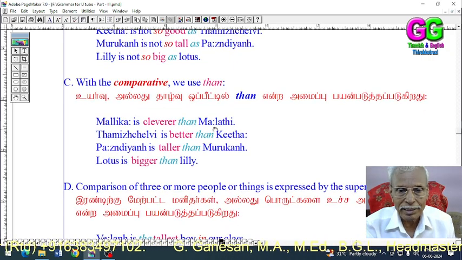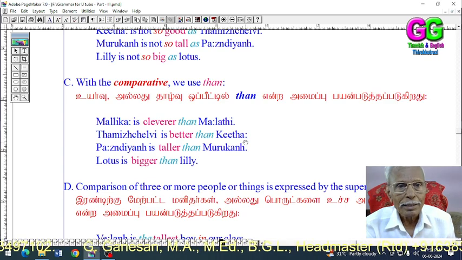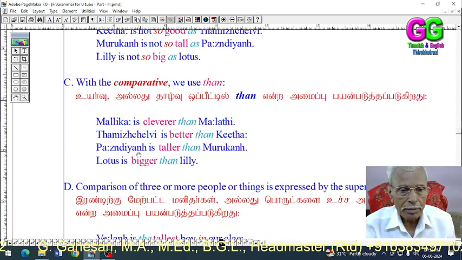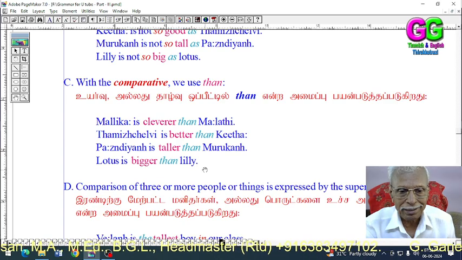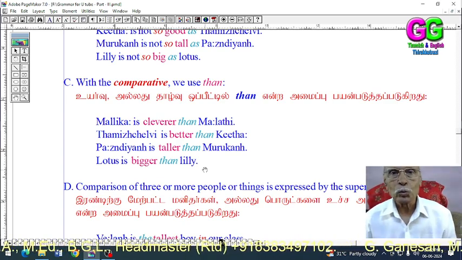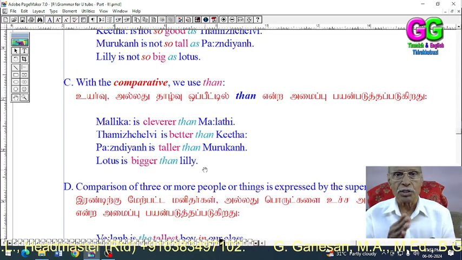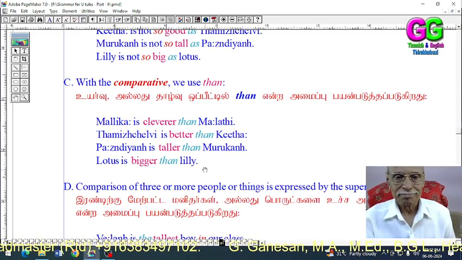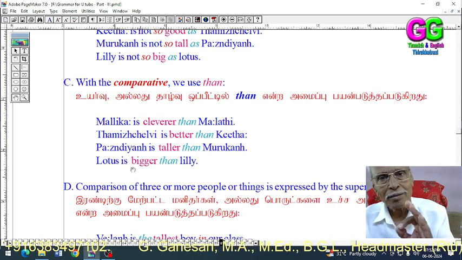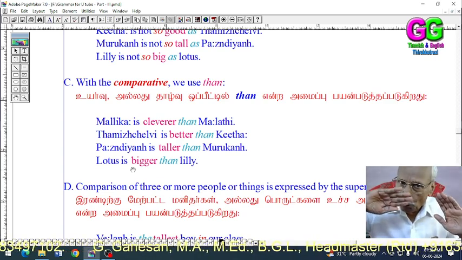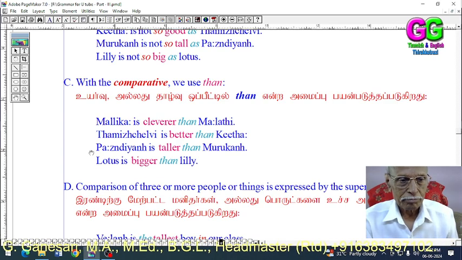Mallika is cleverer than Malati. Tamichelvi is better than Hida. Pandian is taller than Murugan. Lotus is bigger than Lily. So, in comparative degree, the scale used is than. It is, Mallika is cleverer than Malati. Lotus is bigger than Lily. Then,